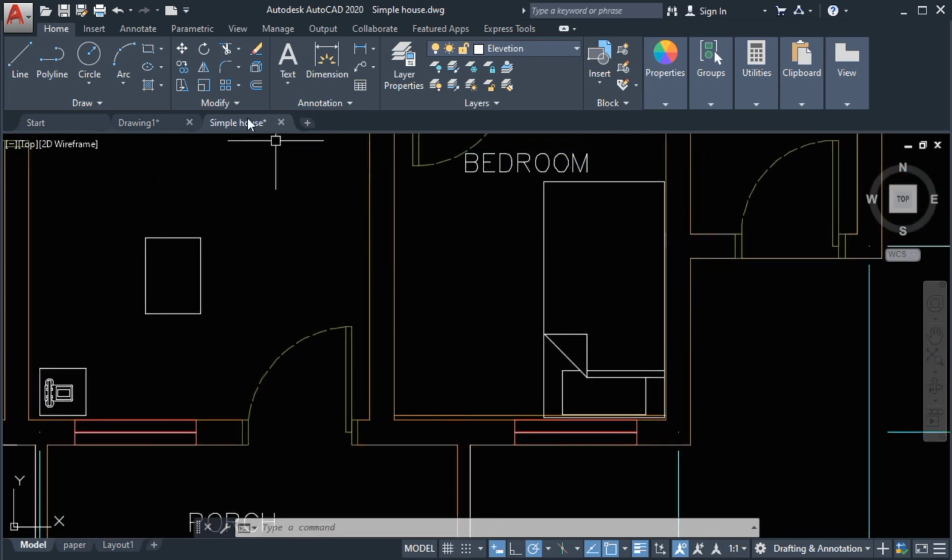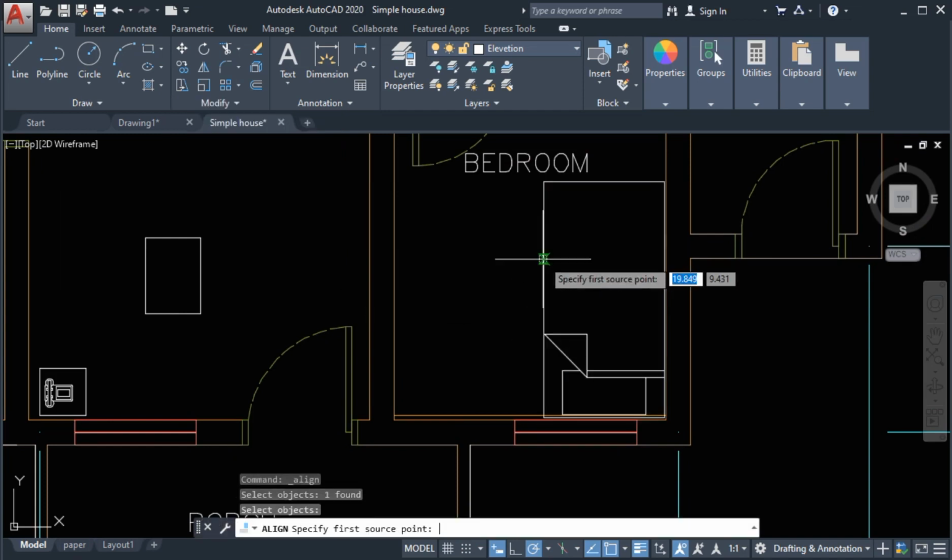So again, align command, select this bed, enter.